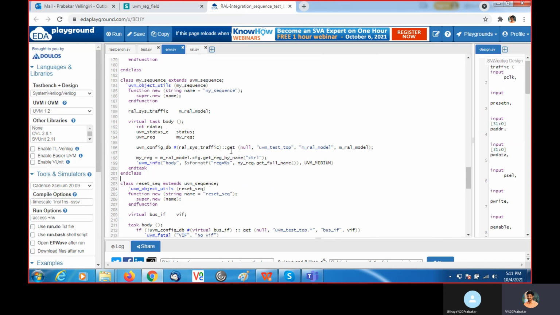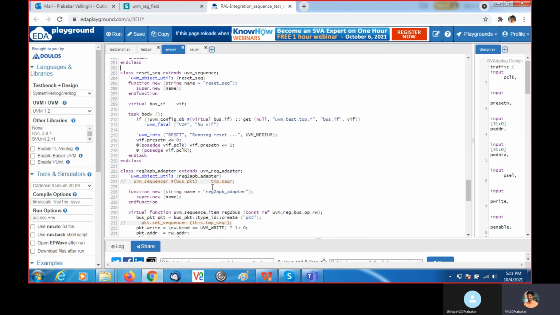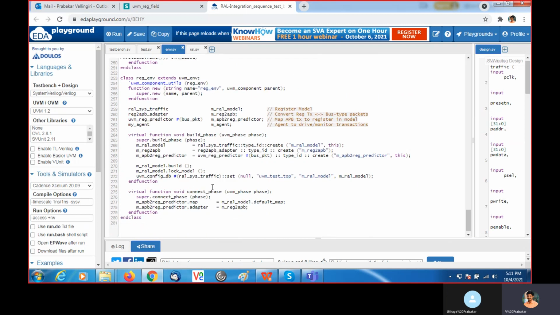Then here, if you see in the top environment, we instantiated the register model, the MRAL model, and we set it to the config DB using the name MRAL model.